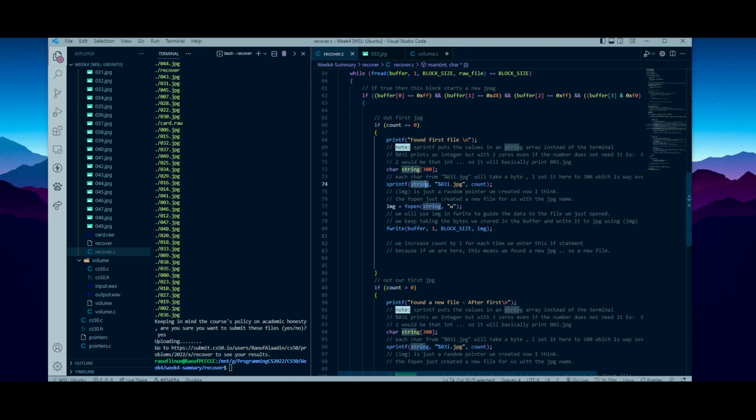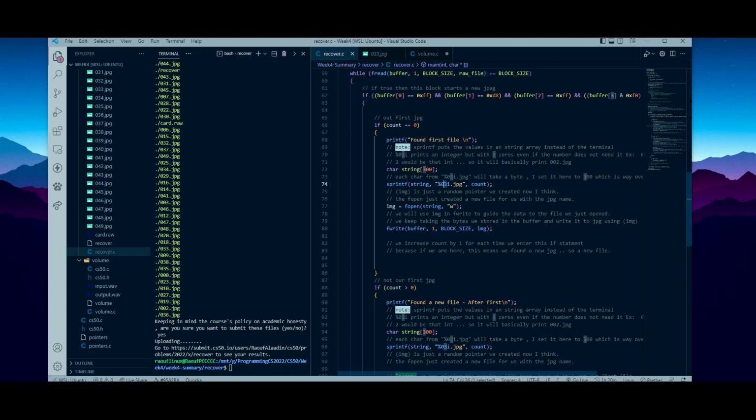Also, it takes the formation value, I can't remember what it was called, the percent and then a number or a character, as the name of the file. Anyway, %03i will accept an integer like 5 and write it as 005. If you enter 3, it will write it as 003, and so on. That's why we use this part, the 03i